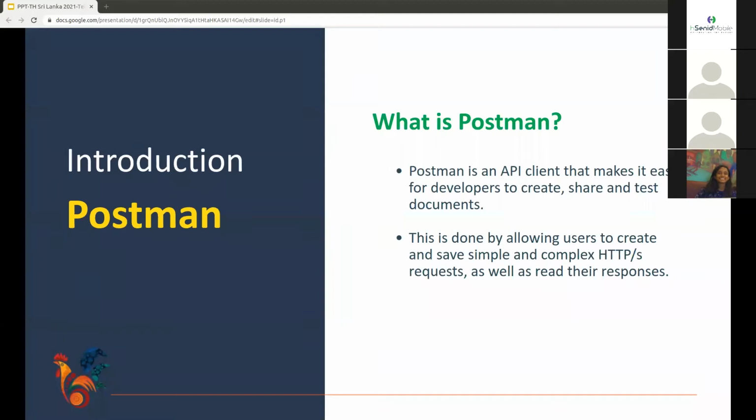One of the easiest and least time consuming ways of testing an API is to use a tool named Postman. Postman allows you to create, save, and send simple and also complex HTTP or HTTPS requests as well as read their responses. You can use Postman as a standalone app, and also you can add it to your Chrome browser as an extension. So let me demonstrate Postman using a couple of Zenit Mobile's telecom APIs on IdeaMart.